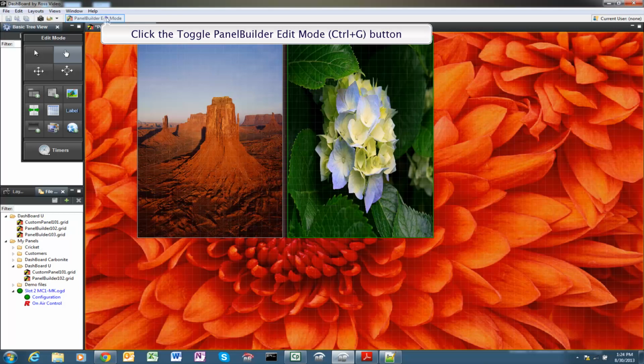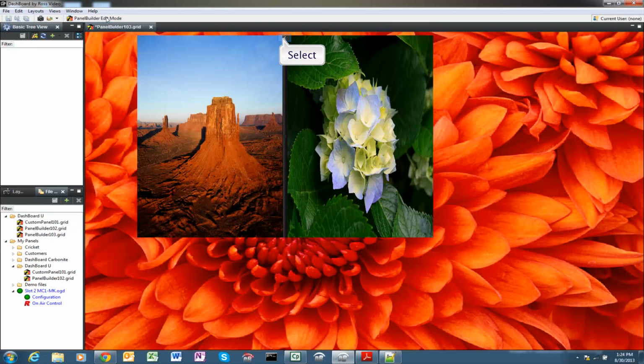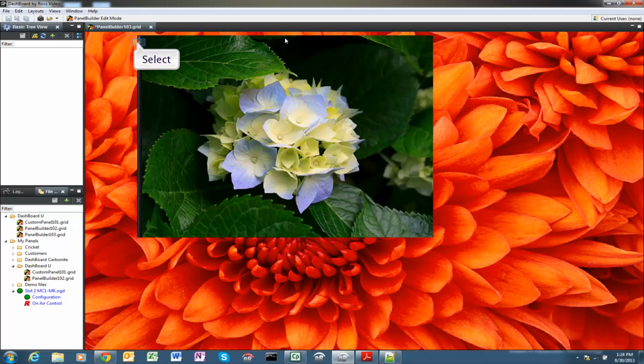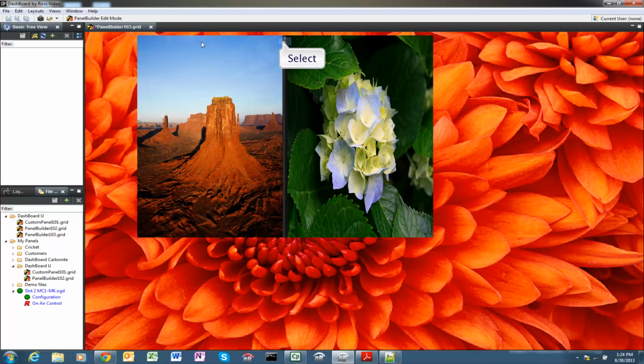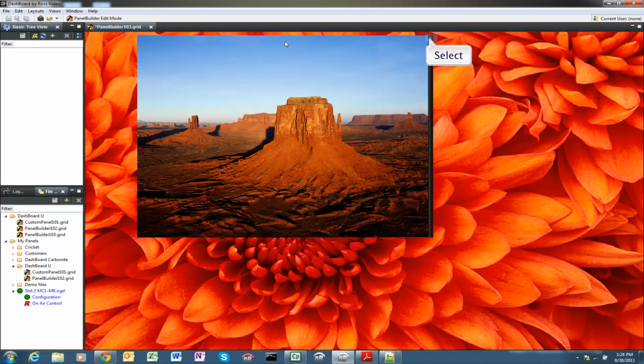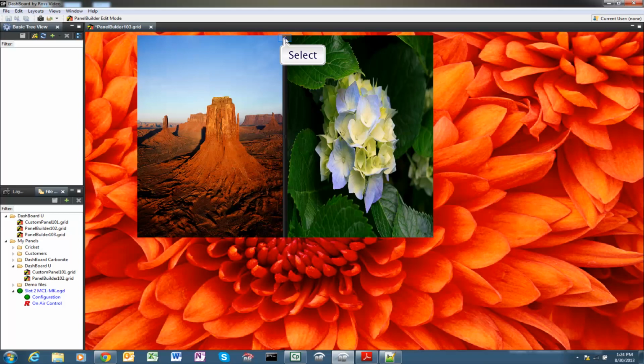Let's drop out of edit mode and see what it does. Split is a really good way of organizing, saving space on your user interface. You can basically have all of one, half of each, or all of the other on a split, and they work vertically as well as horizontally.